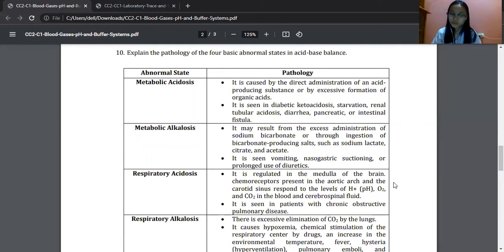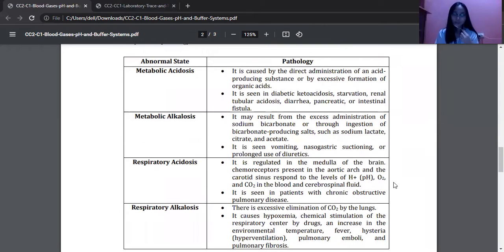The next part is the acid-base balance disorders, which are metabolic acidosis, metabolic alkalosis, respiratory acidosis, and respiratory alkalosis. The disorder caused by the ventilatory dysfunction is what you call respiratory acidosis or respiratory alkalosis, where the primary organ affected is the lungs,